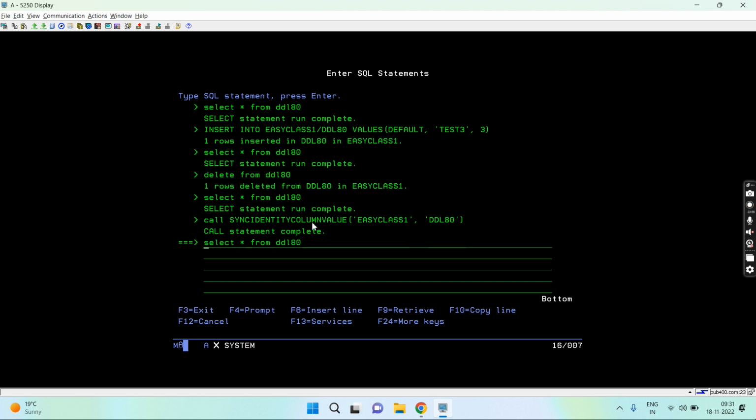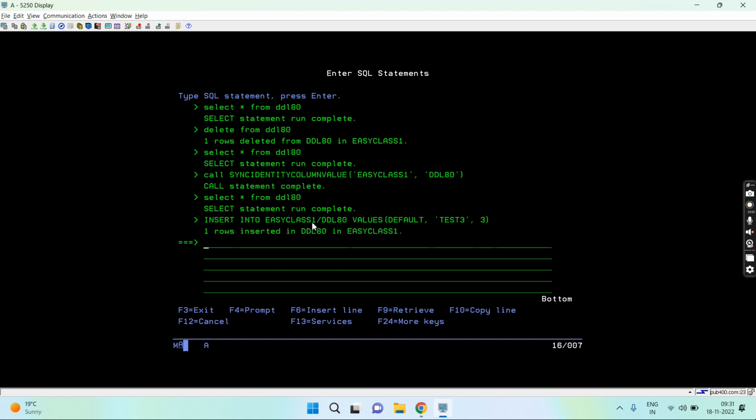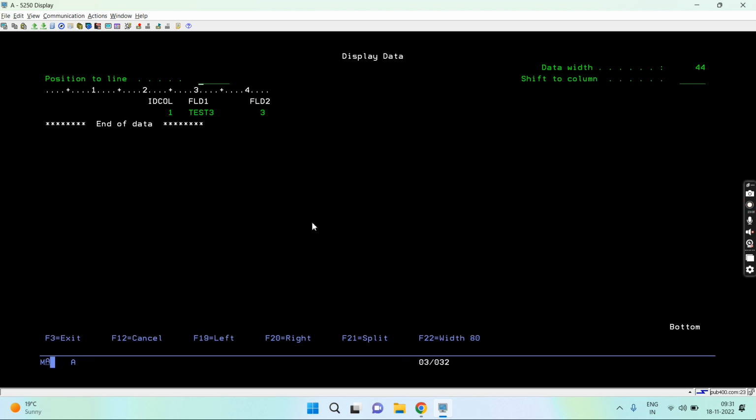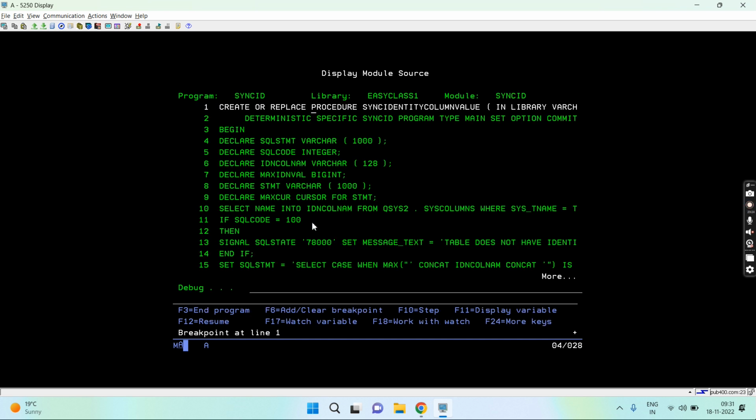Now let's see, this table does not have. Now if I try to insert, because it is restarted with 1, so the identity column value assigned would be 1, not 5. You can see that's how we resynced or synced the identity column of that table. Now let's say pass some other value to this stored procedure, 87, let's say. So what happened here,